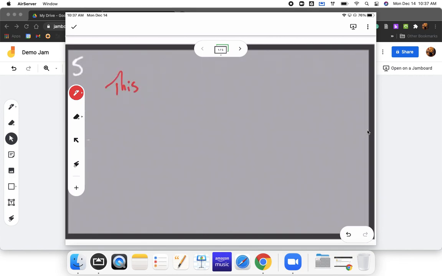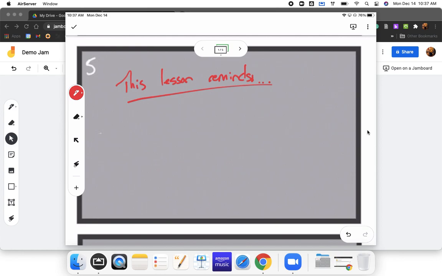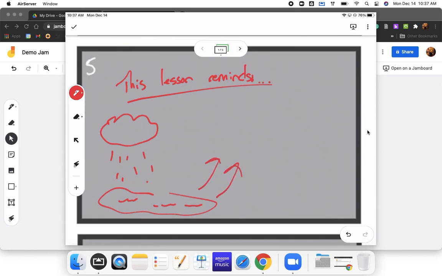This lesson reminds me of... You get the idea, right? And then if I needed to draw something, I could do that same thing. I always go back to the science, right? If I did a water cycle lesson and I want some images that help you remember the water cycle, right? Maybe I put in a cloud with some precipitation coming down, and then here's water on the ground, and then eventually this water evaporates back up in the air,